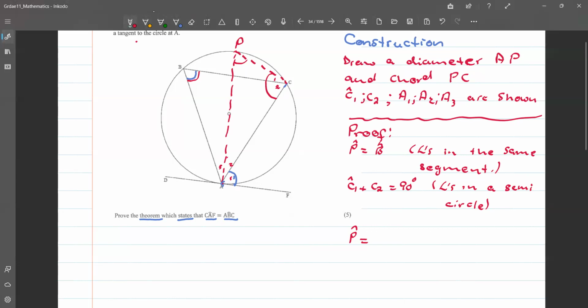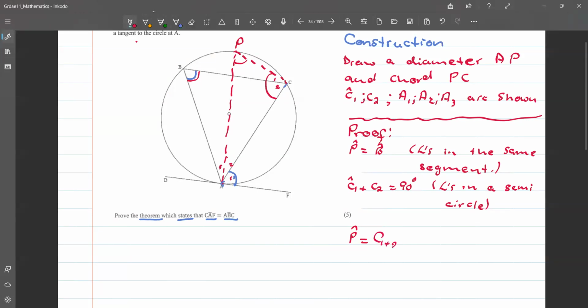So what you're then going to write is that angle P, this is 90 degrees already, right? So you say P equals 90 degrees minus A2. So can I ask a question? Yes. P and A2 are not the same angles, right? P and B, we say that they are the same. P and A2, no, they are not. If you look at where A2 is, it is a very small angle. So what you write here, you say P equals